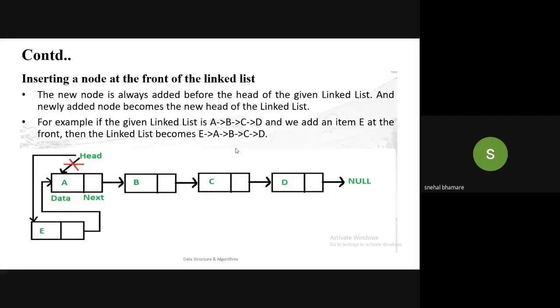We're back with our lecture. First was inserting a node at the front of the linked list, right? So in this, what we have to do, we have to create one temporary node in the given diagram, like new node. Then its next part will be assigned to the head node. Head node is the first node of the actually present linked list. Then head will be renamed for the new node.